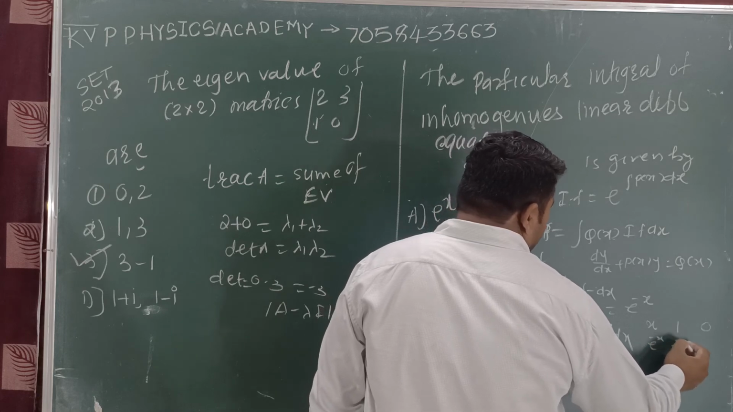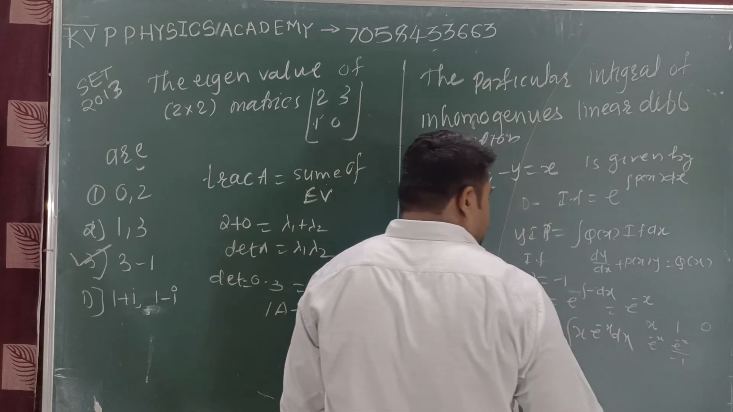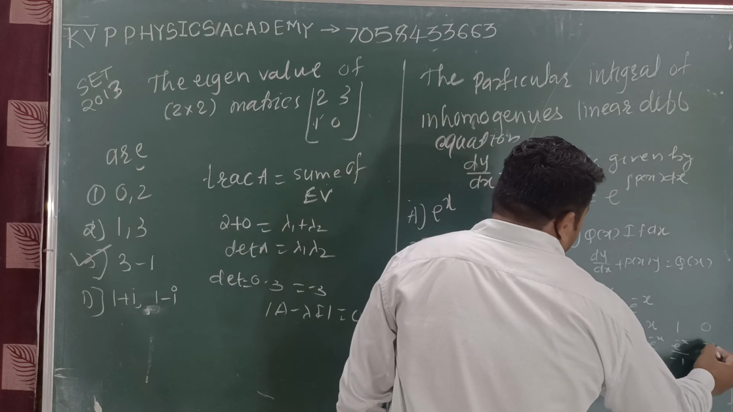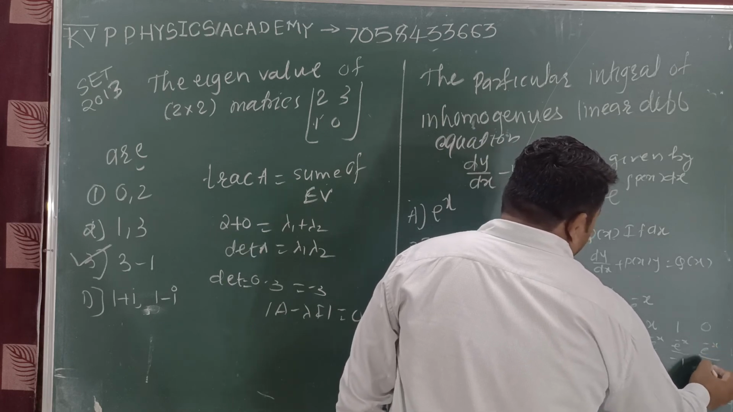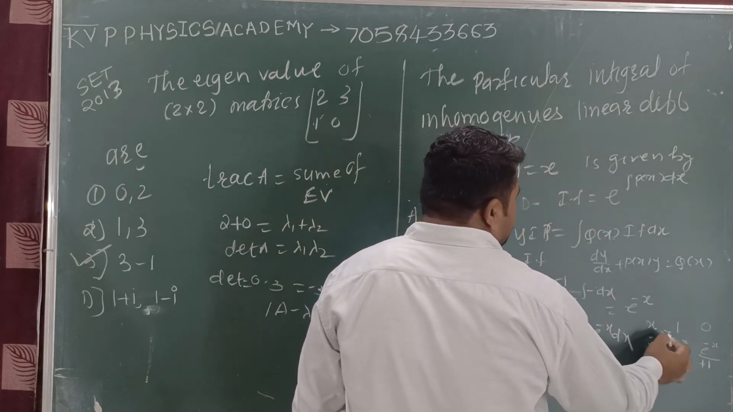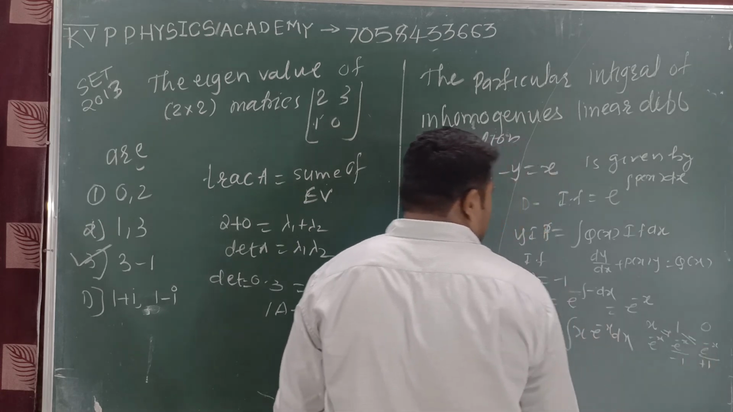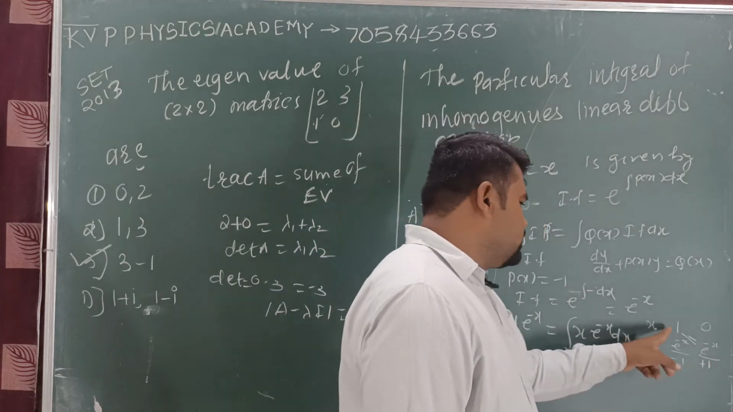E to the power minus x, integration: minus x upon minus 1. Take next e to the power minus x integration. E to the power minus x upon minus becomes plus 1. First we can plus cross multiplication. Second take minus. Okay. Here first plus into minus